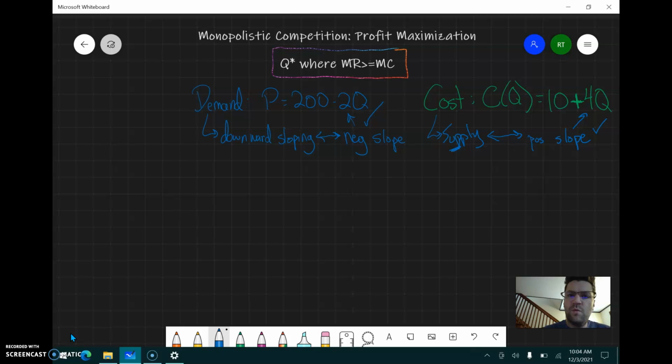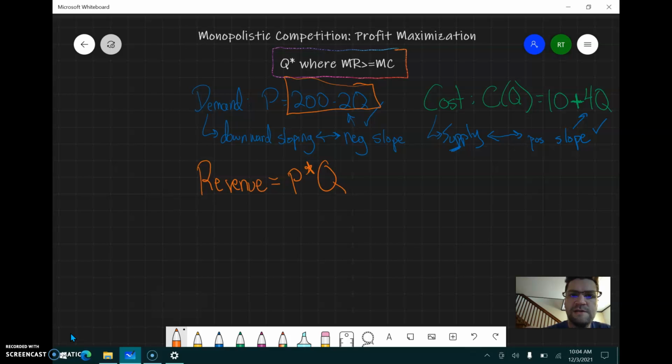So we are asked, where should we produce in order to maximize profits? Well, there's a little step that we have to do in between here. We have to go ahead and actually calculate the revenue curve for the firm, okay? So we know that revenue is equal to what? The price times whatever it is that you end up selling. And we're told that the price is a function of quantity, right? And so what we're going to do is just put that in for P. So we have R of Q is equal to (200 minus 2Q)